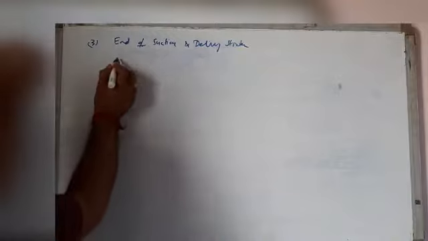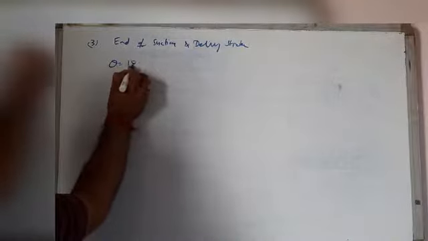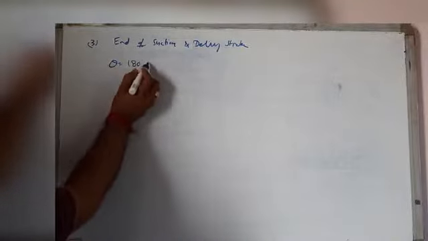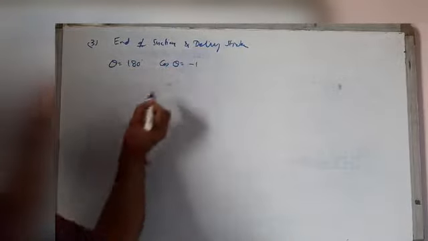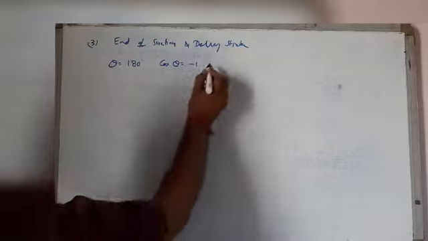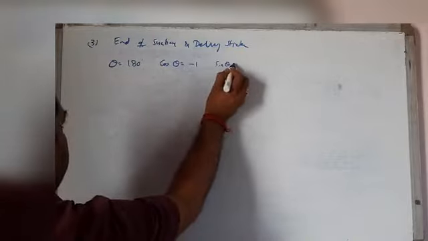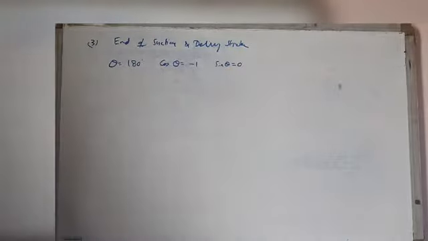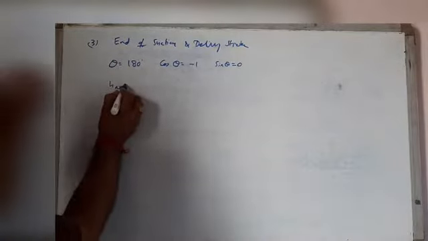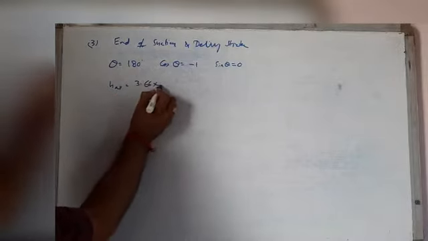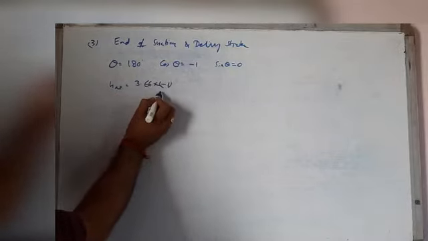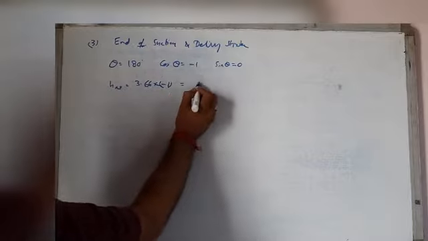Here theta is equal to 180 degree, so cos theta equal to -1 and sin theta equal to 0. So HAS equal to 3.66 into -1 equal to minus